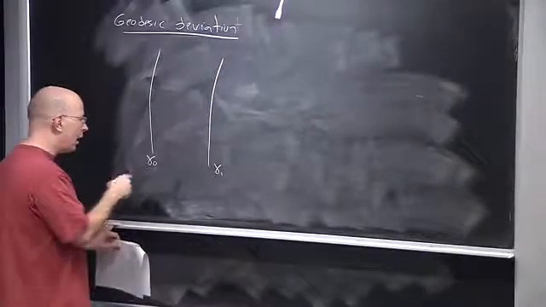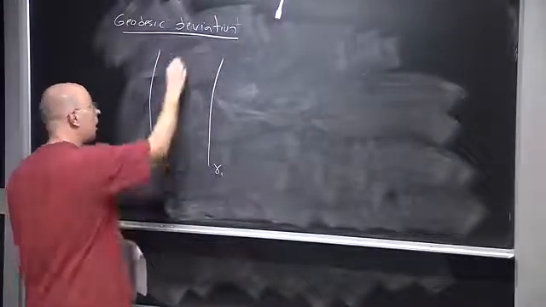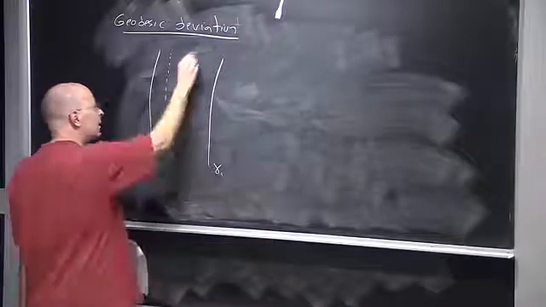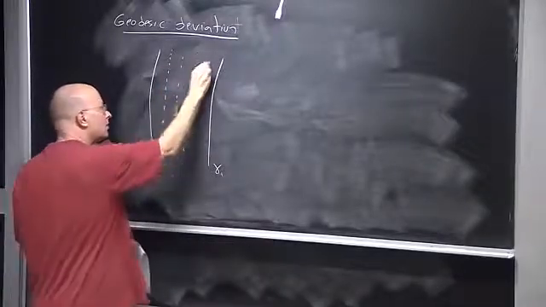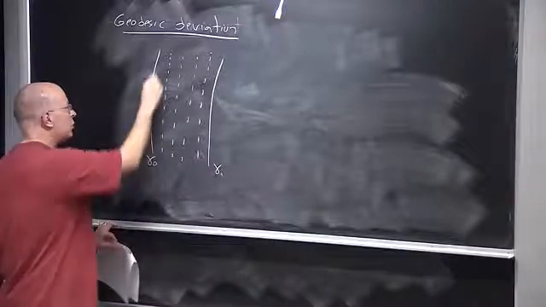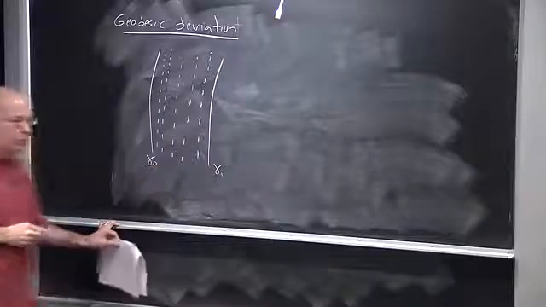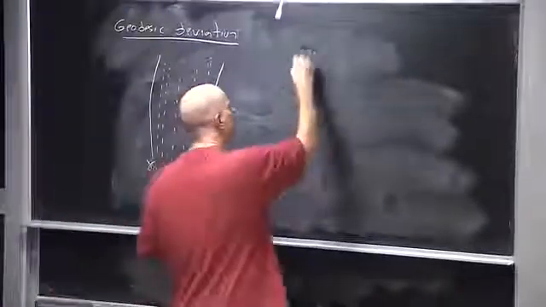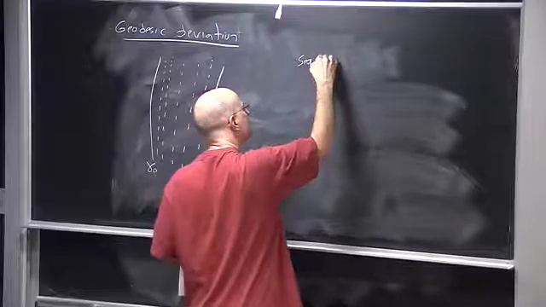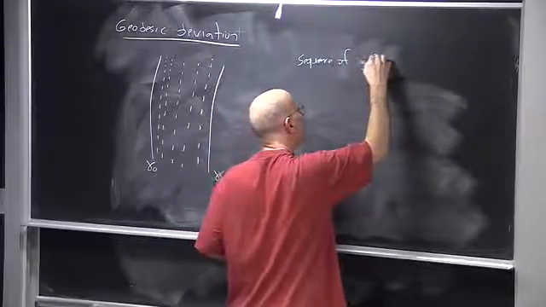So we have gamma 1, gamma naught, and gamma 1, but in between, I'm just going to draw a whole bunch of interpolating geodesics that I can think of as a continuous transformation between gamma naught and gamma 1. So we have a whole sequence of geodesics